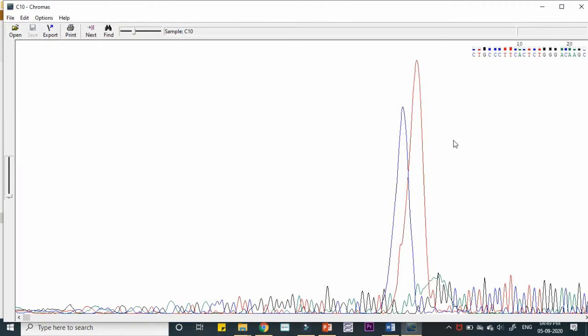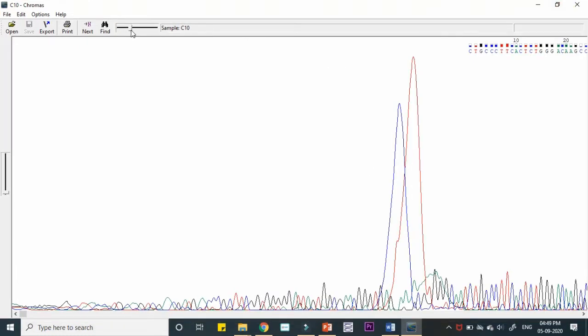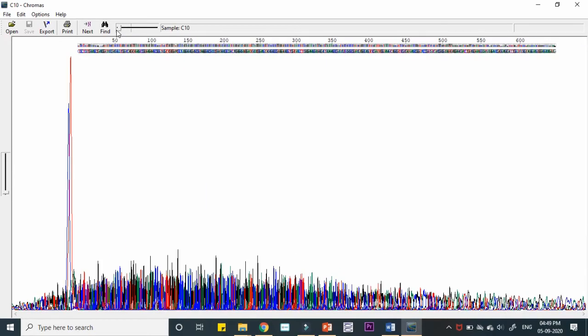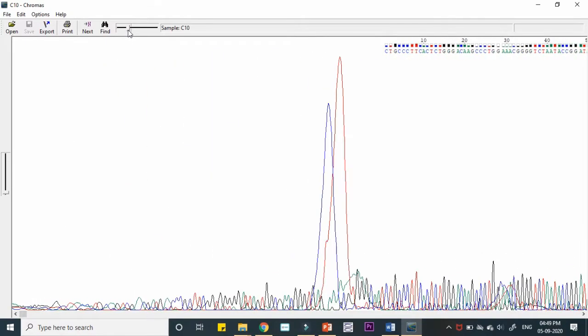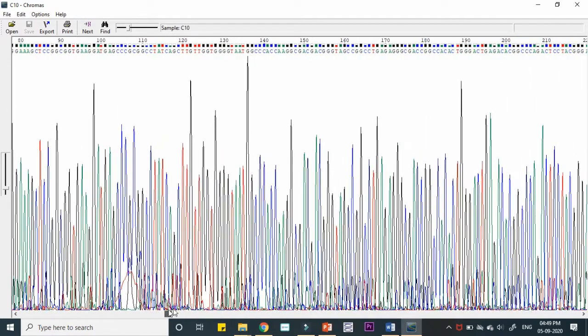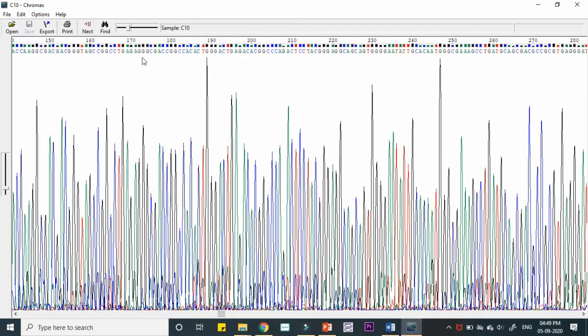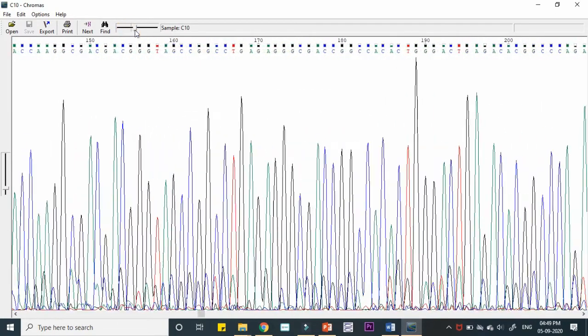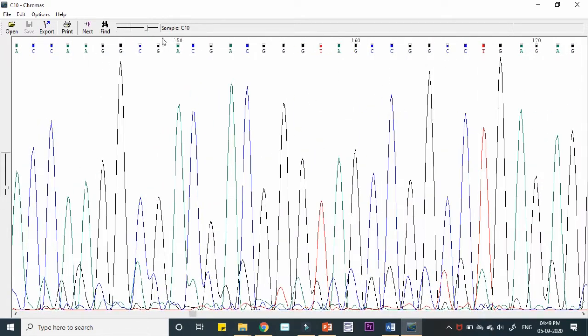So this is the window which shows the chromatogram analyzed after the complete sequencing process. You can see here 10, 20, 30, there are numbers shown up to more than 600 bases, and there are colorful peaks representing different nucleotides A, T, G, C. So there are so many nucleotides here.